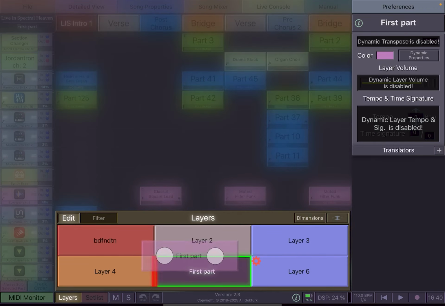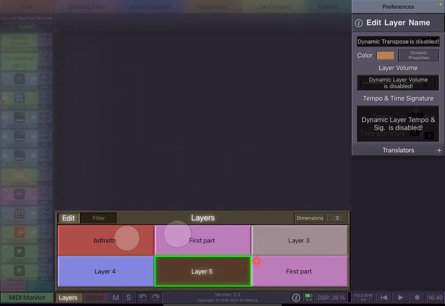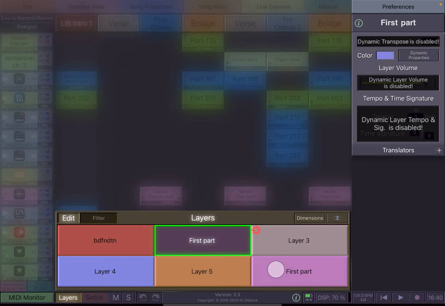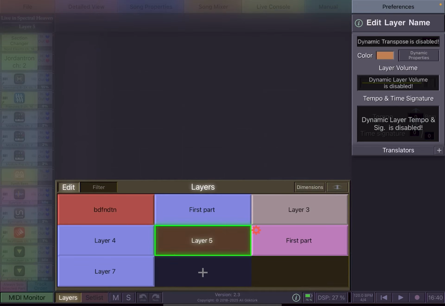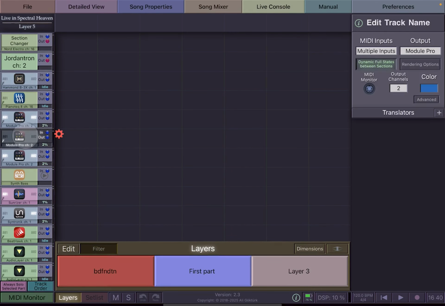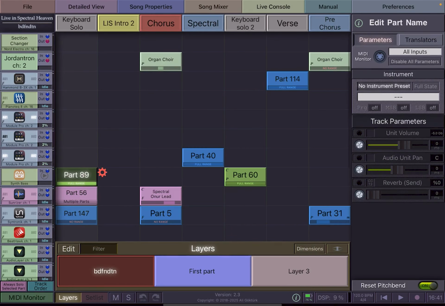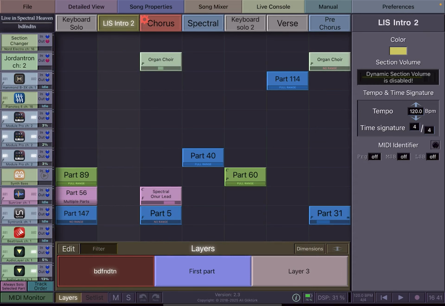You can hold and, with 2 fingers, release. And now we have 2 copies of that. So all those basic operations on tracks, parts, and sections also apply to layers like that. And you can delete them. One thing that you realize is on all these parts, sections, and tracks, there used to be a trash can